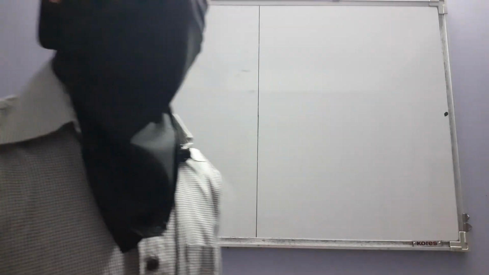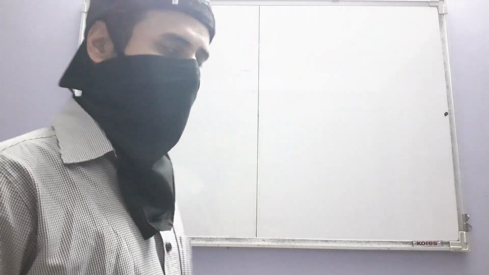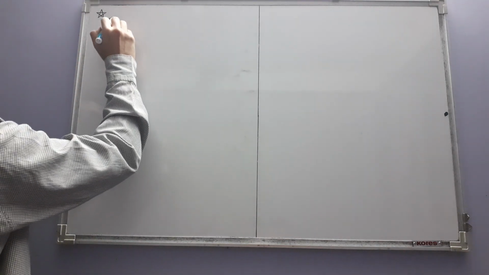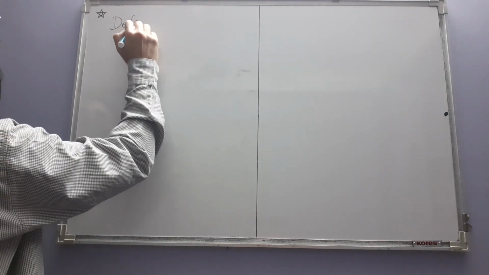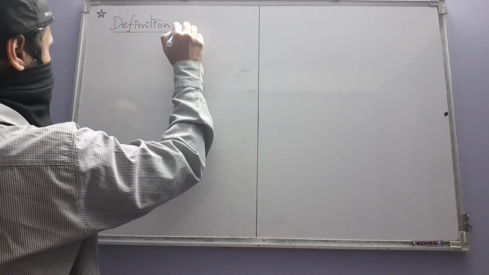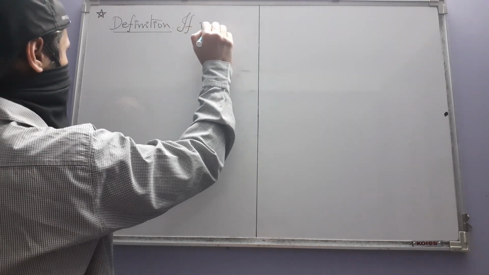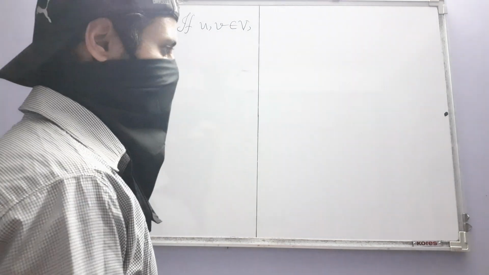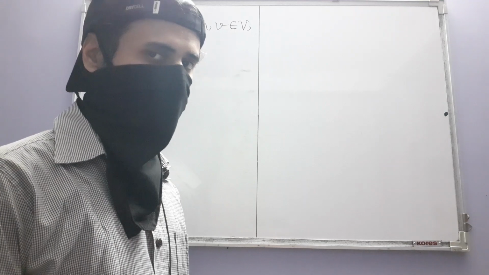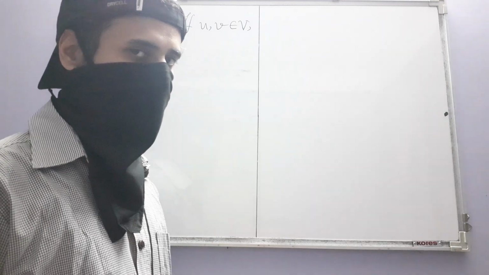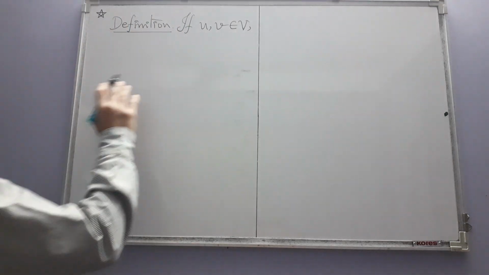Okay, so let us continue our discussion next with this definition: the definition of two vectors in an inner product space being orthogonal. So let's see what that definition is. If U and V are two vectors in capital V, where it is of course understood that capital V is an inner product space, because we are only considering such spaces here in this section. It's not explicitly mentioned. For two such vectors,